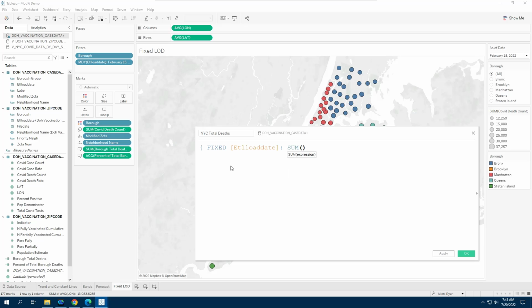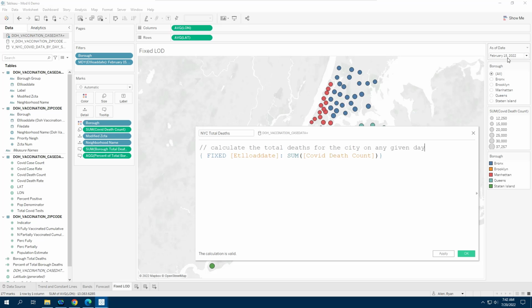And again, I still want it to do the sum of my COVID death count. And what this is going to do, and we can even comment this,